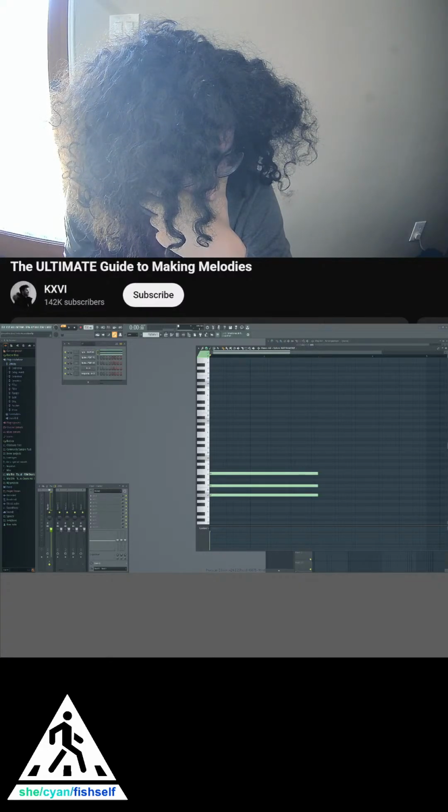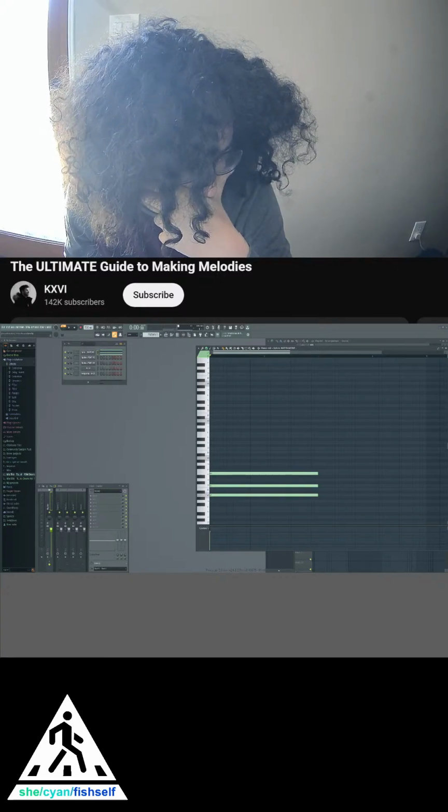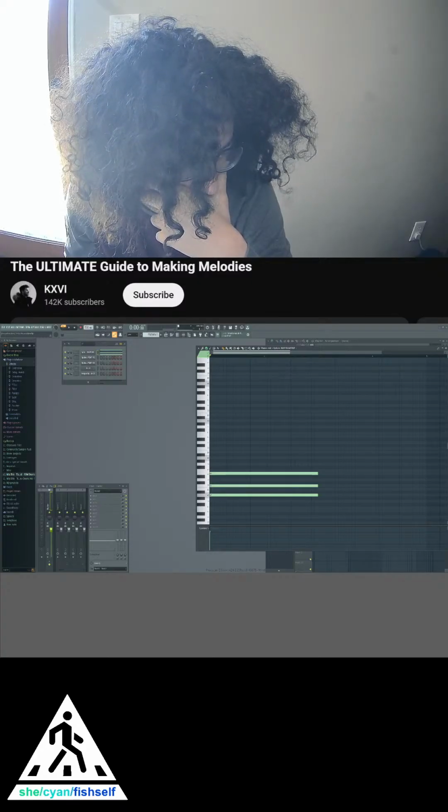So the first thing you need to do is learn the notes on the piano. Just suck it up, spend a week, grab some index cards or use Quizlet or whatever you can use. I'm sure there's also apps and stuff like that online that you can quiz yourself and memorize every single note on the piano. And this is really not that hard to do because there's only